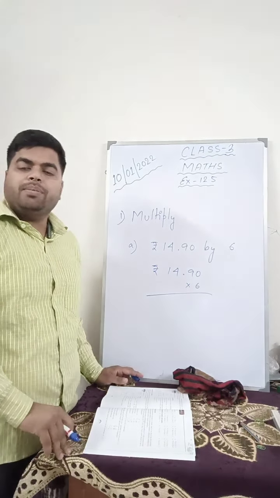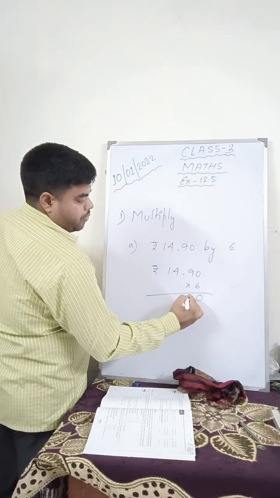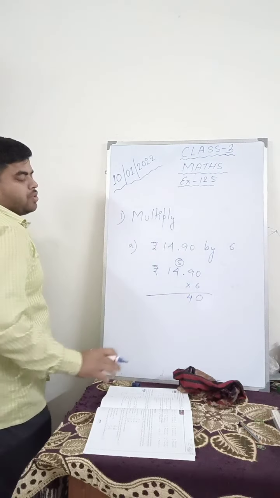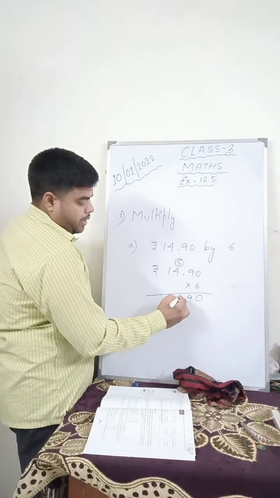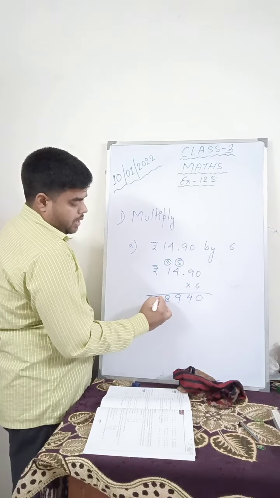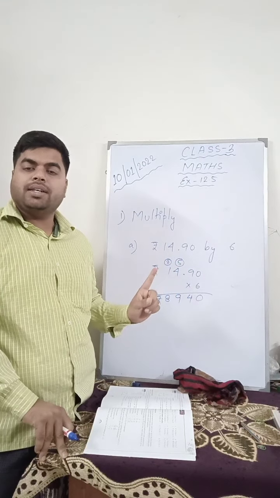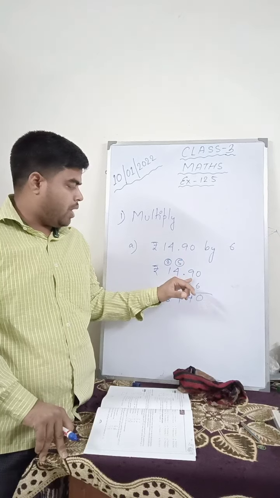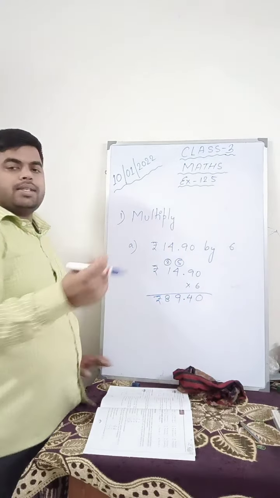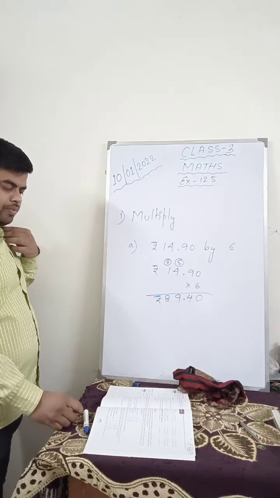So you will be doing simple multiplication as you do. 6 zeros are 0, 6 nines are 54, 4 in hand, 5 in hand. 6 fours are 24, 24 plus 5 is 29, 2 in hand. 6 ones are 6 plus 2, 8. And here rupees. Now count the number of digits given after the decimal. So after the decimal there are 2 digits. So count from the back, put the decimal before 2 digits, and this is your answer. Very simple. Let me show you a few more.